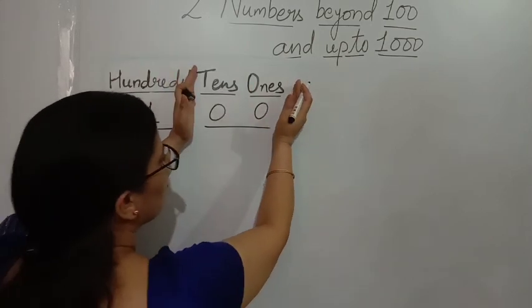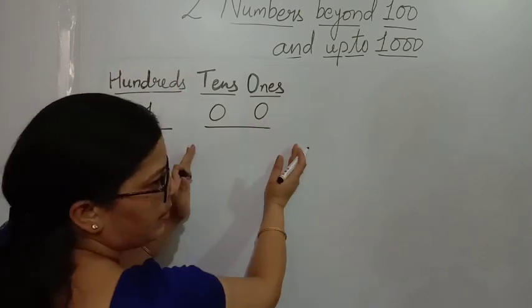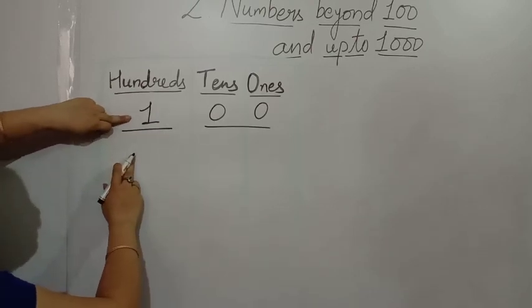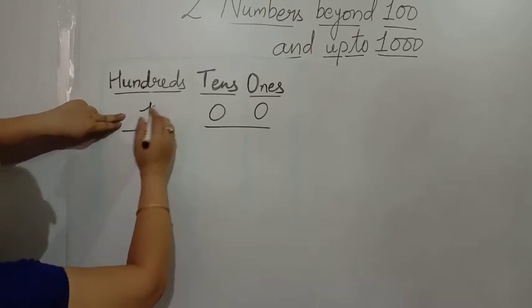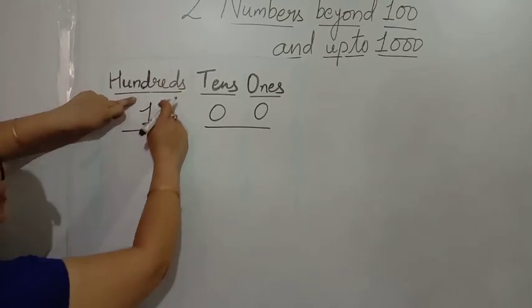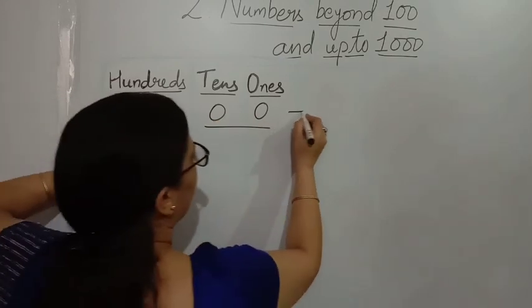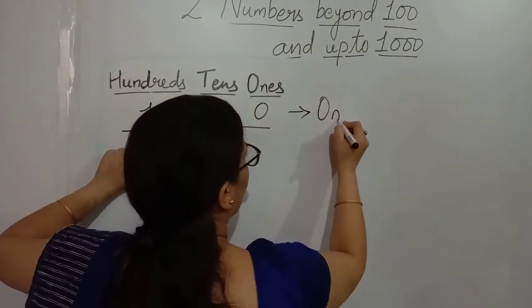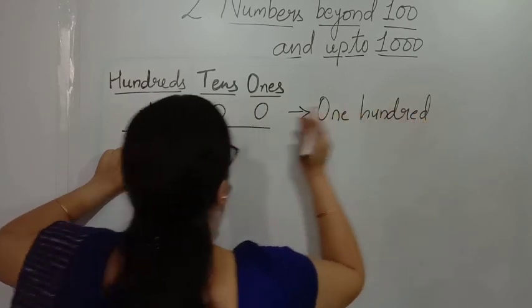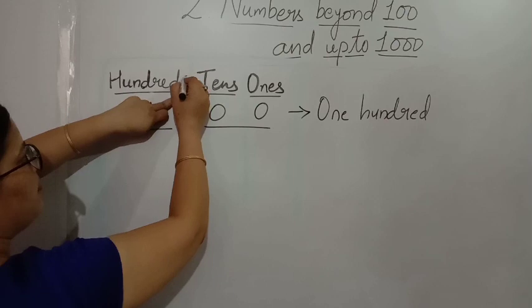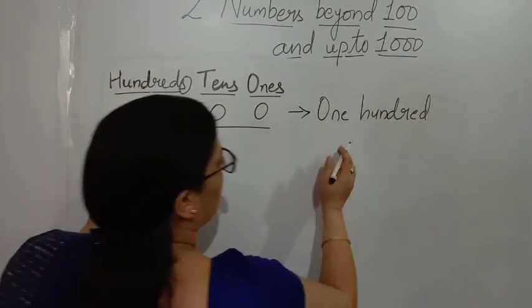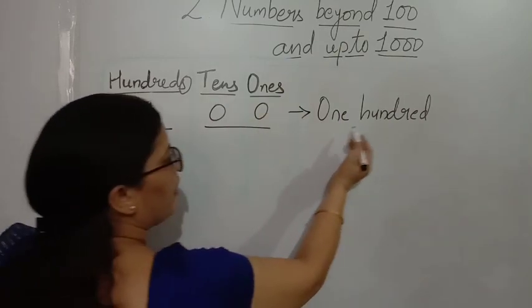Now you know how to read and write two-digit numbers. So here the hundreds place is written or read along with the digit, with the spelling hundred. Like see here, what is at hundreds place? It is 1. You know the number name of this is 100. The place is hundreds, but we do not write the S here in the number name. The number name here of 100 is one hundred.